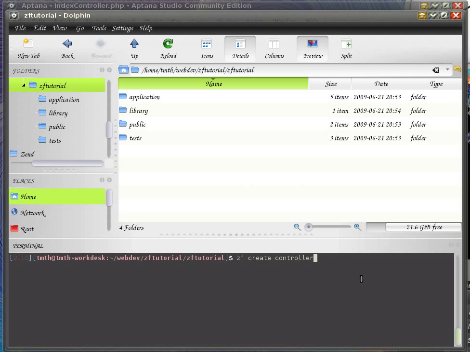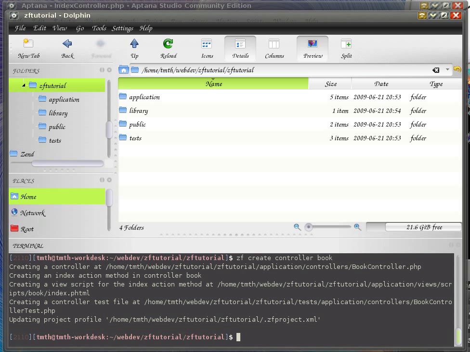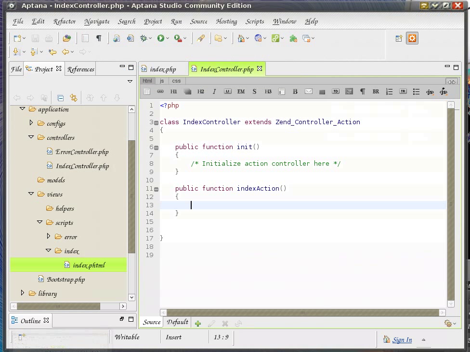So let's say I'm going to create a controller called book, because I'm going to make a simple library application where you can add, edit books. So I'm creating a controller called book, and I'm going to refresh this,